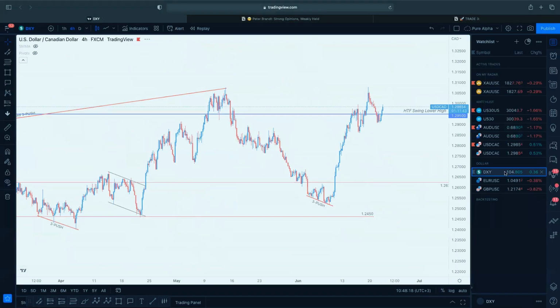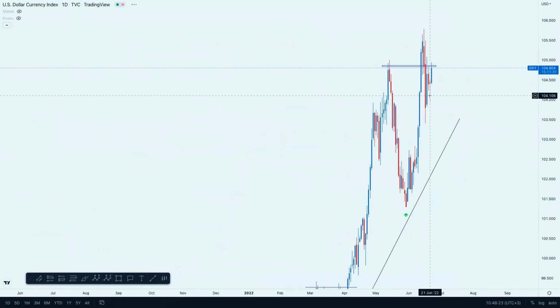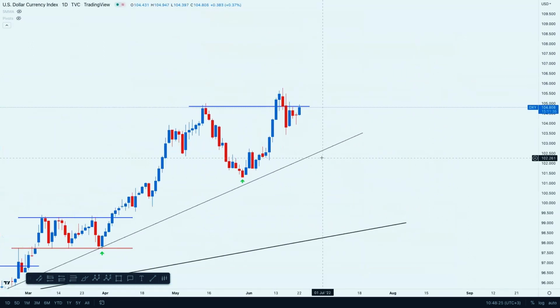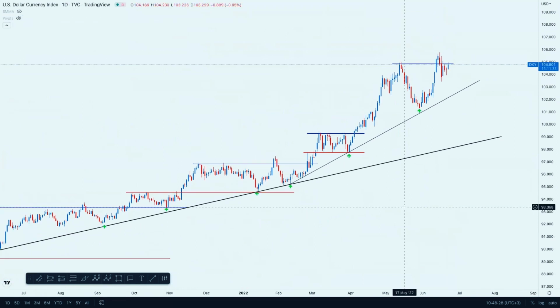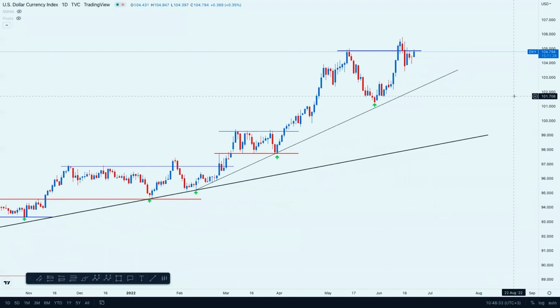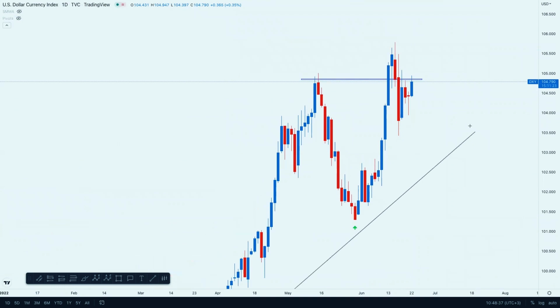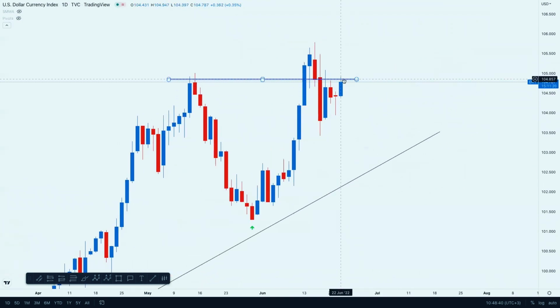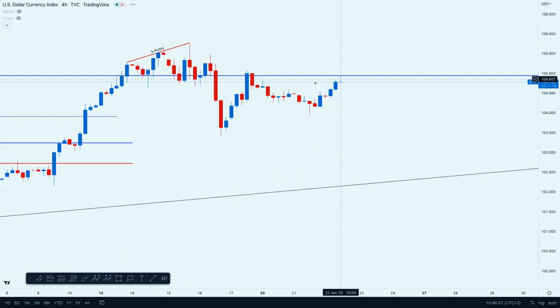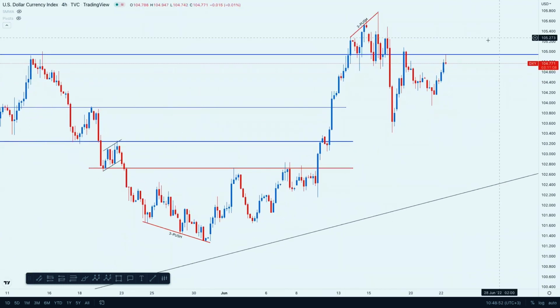If I look at the dollar as well, I want to pay much attention. You can see the market has been in a strong uptrend ever since we got this bottom. Look at that, higher low, higher low, and that's where we are right now. The market formed a higher low, created a new high, and now there's a level the market is really struggling to break above, better seen on the 4-hour chart. It was a resistance. The market broke to the upside, came back below, acted as resistance again, and now the market has retested it again, and we're sort of seeing the market trying to respect it.